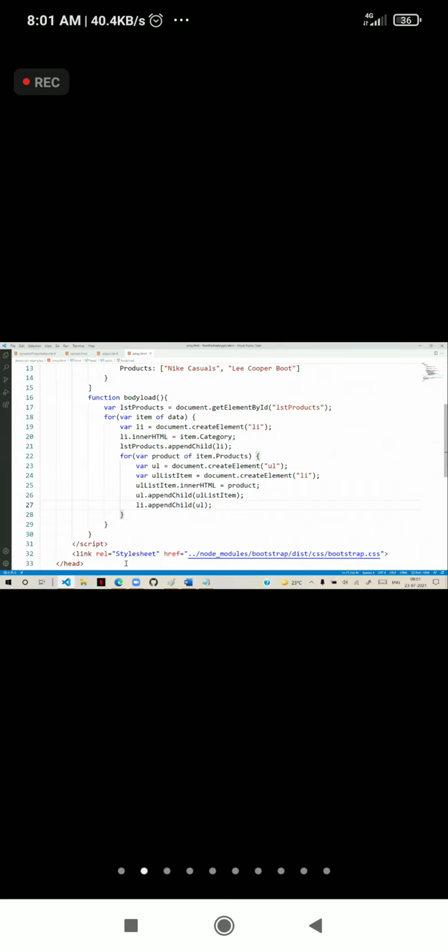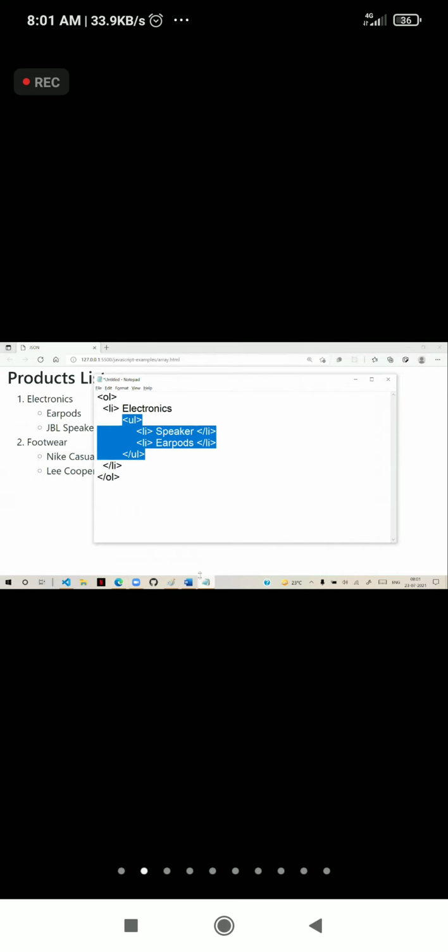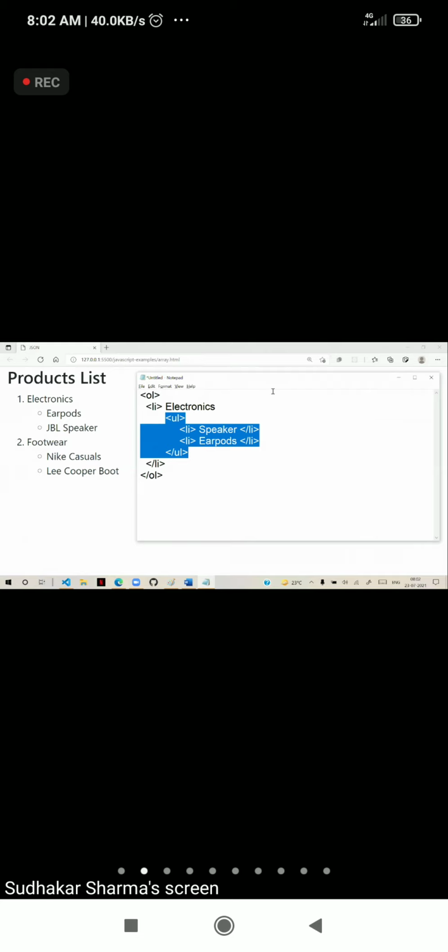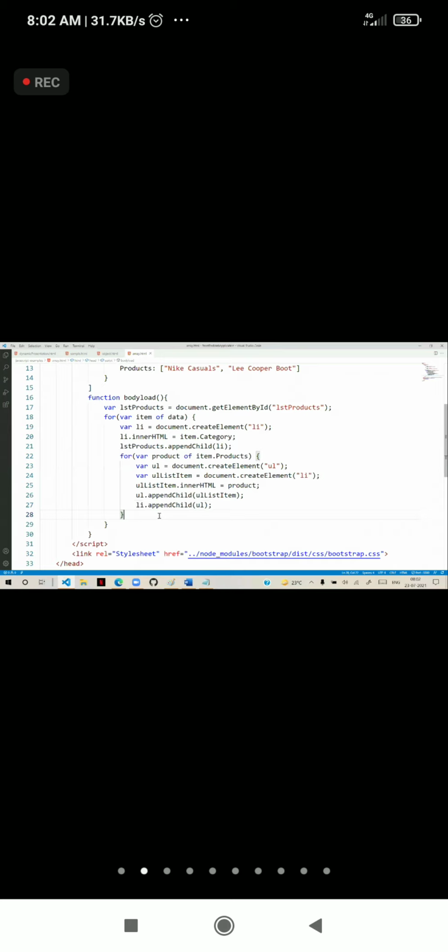So this is an inner list and it will display the content in this way. That means you have to see how it is presented in your project. That means first you should know your HTML. If you know your HTML, then with the help of this HTML hierarchy, we must be able to present this content in JavaScript. If you are not good in HTML, then you cannot even understand how to present it.